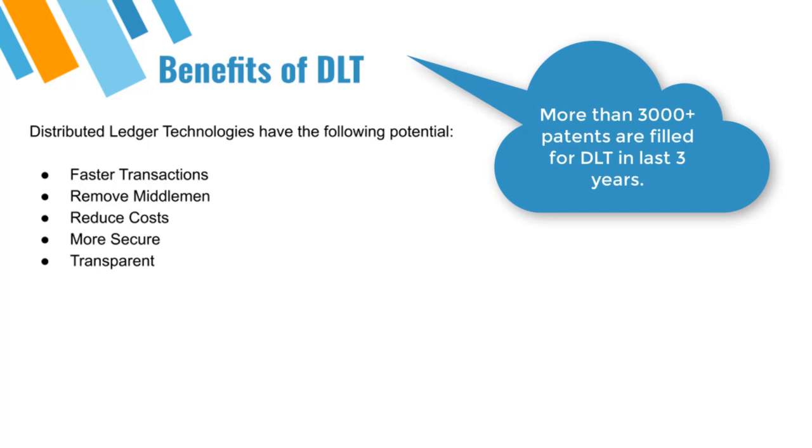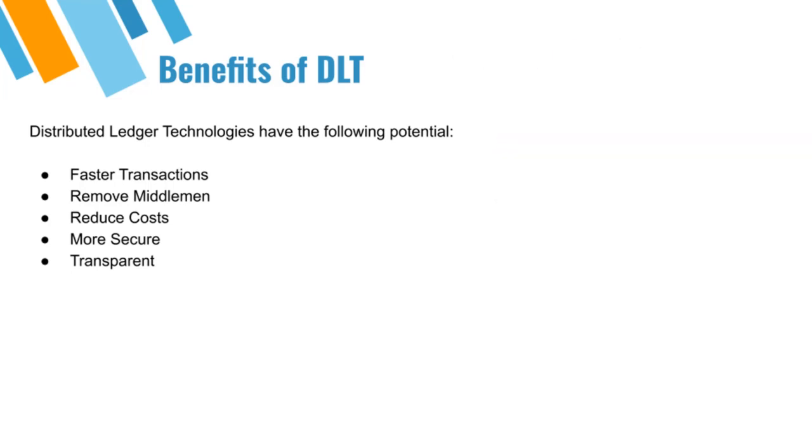Distributed ledger technology is much more secure than the traditional technology because each node of the network holds the records, thereby creating a system that is more difficult to manipulate or successfully attack compared to the central technology. Distributed ledger is a much more transparent way of handling records because the information is shared between different nodes and is witnessed across a network, reducing the cyber attacks on top of the system. So these are some of the important key benefits of distributed ledger technologies. Now let's see how these key benefits affect the businesses across the world.